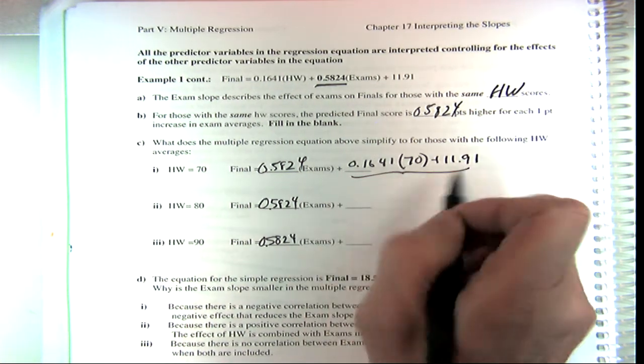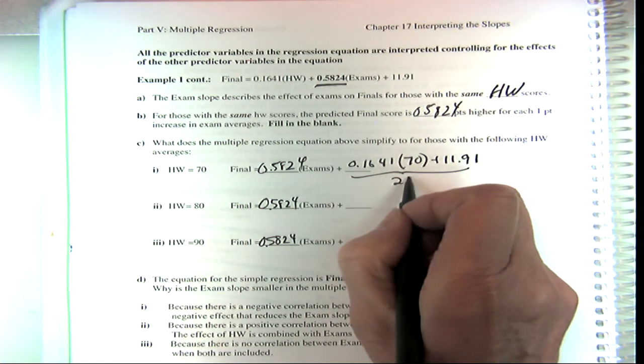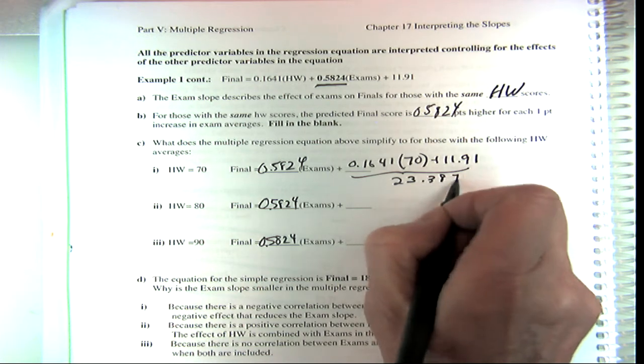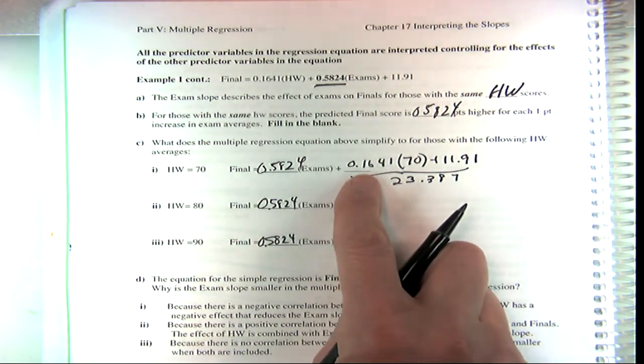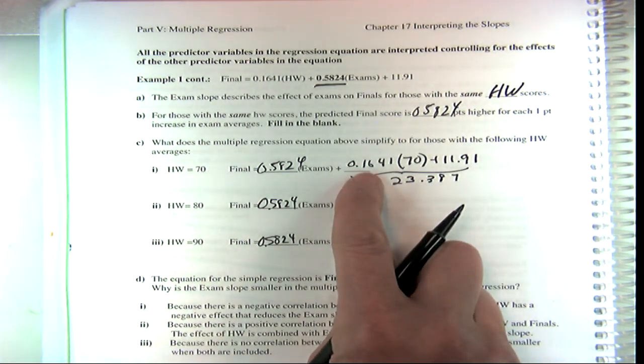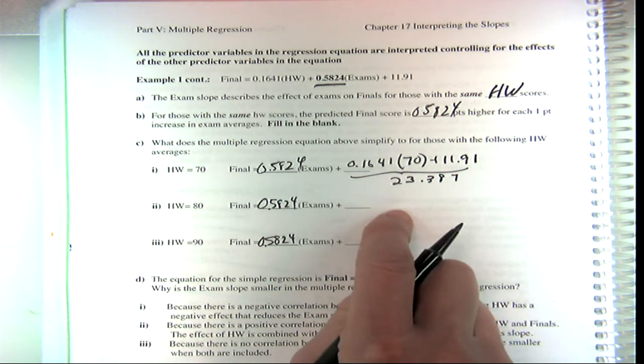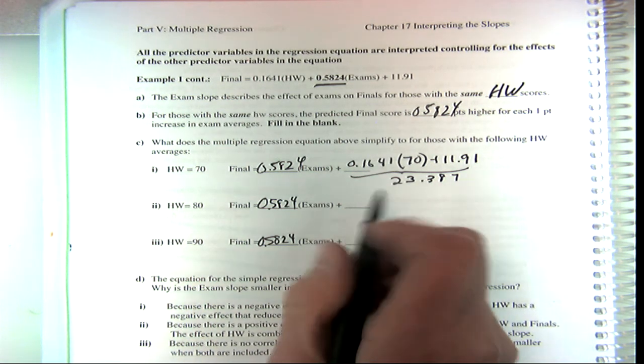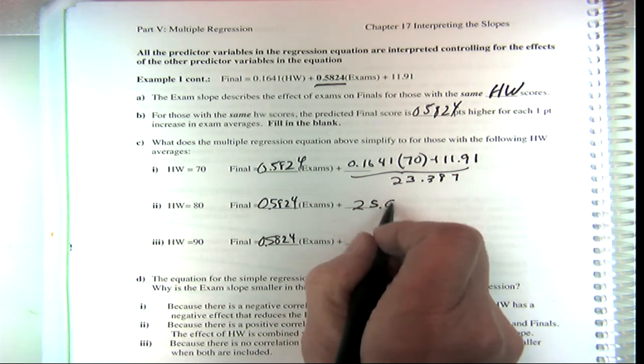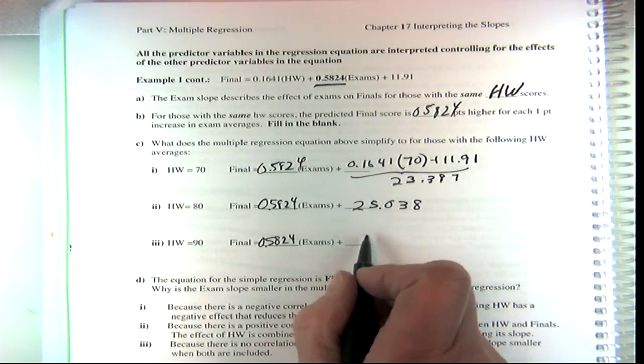And so when I did that, I got 23.387. And now the next one will be about 1.6 points higher, 25.038, and this is